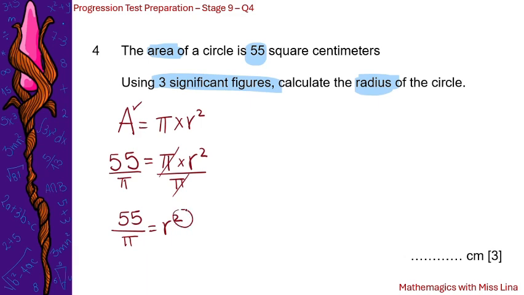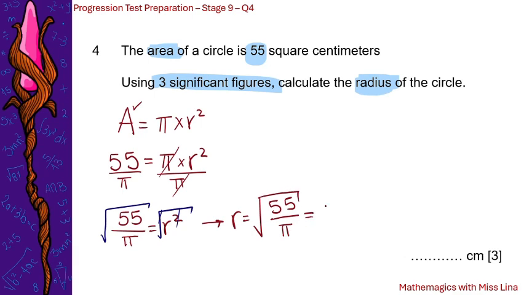In order to cancel the square, since it's a power, we are going to use the opposite, a square root. So we take the square root both sides, and this one is going to be cancelled with the square. That means r is going to be equal to the square root of 55 divided by pi. You can do this in the calculator and you are going to get